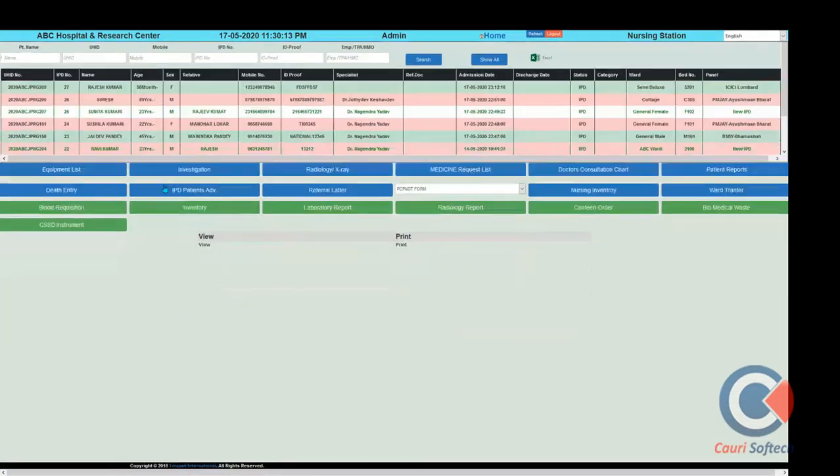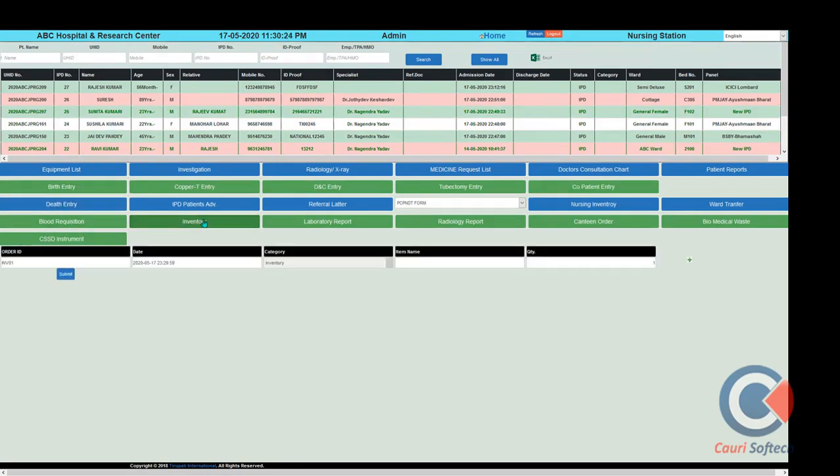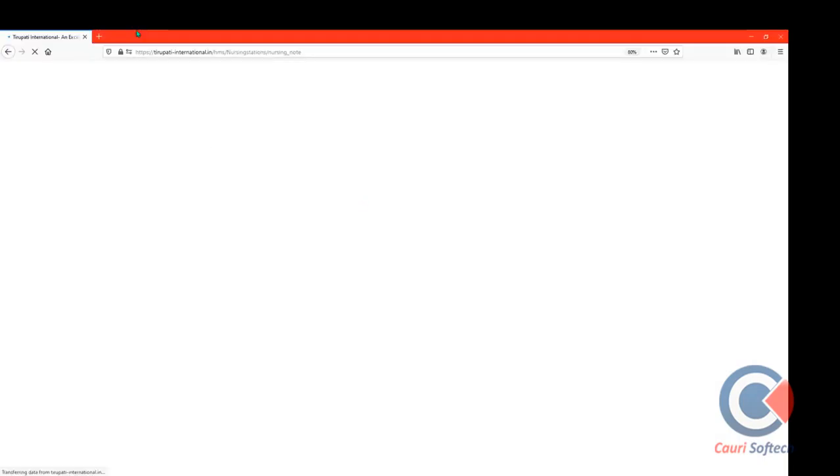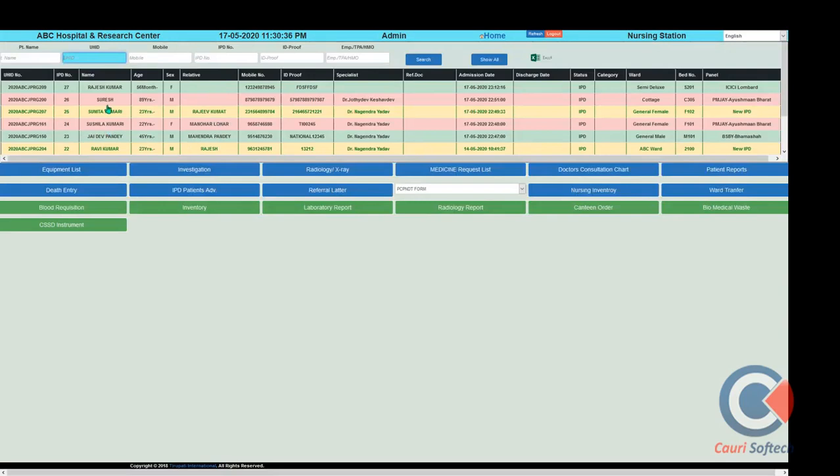After that, you can see if any blood transfusion entry has been advised to a patient at the nursing station. For a female patient, there is a birth entry option, and a blood transfusion inventory section is there. Also, the inventory services we want to advise, the inventory claim services, we can update to the patient. So this is the method we can use for the nursing station system for a patient's complete management through the IPD system.